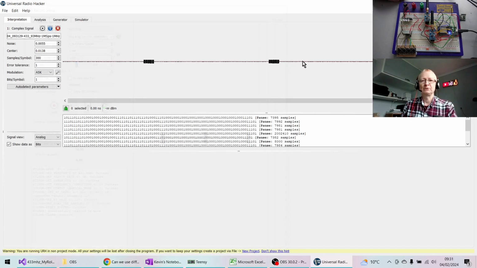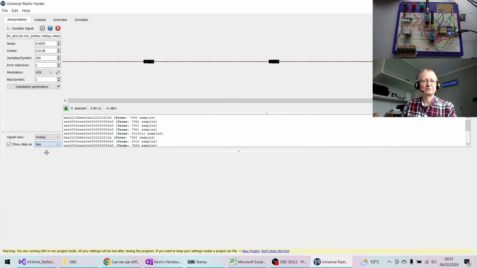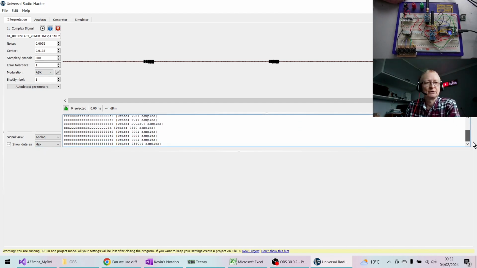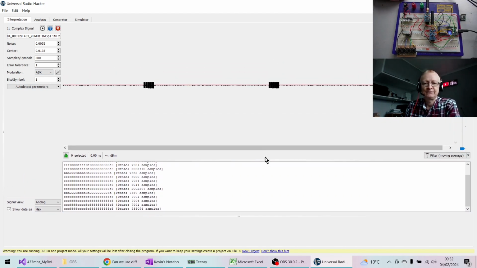And if we close this, it'll be loaded into this window, and we can click this, but if it recognizes it straight away, it will have tried to decode it. And if I put this onto hex, then we see the signals. Now let's have a look what we've got. So we captured 3 signals, and what we can see here